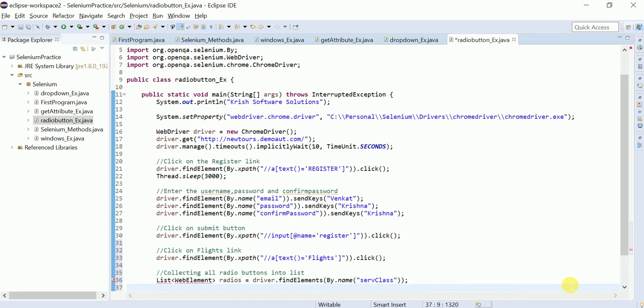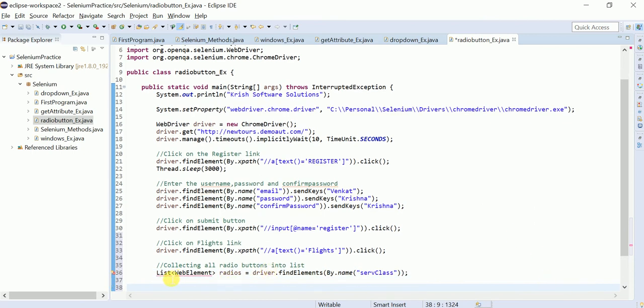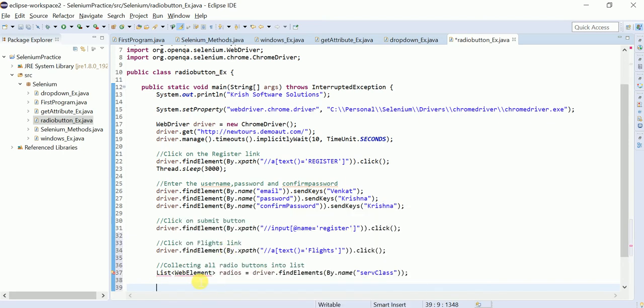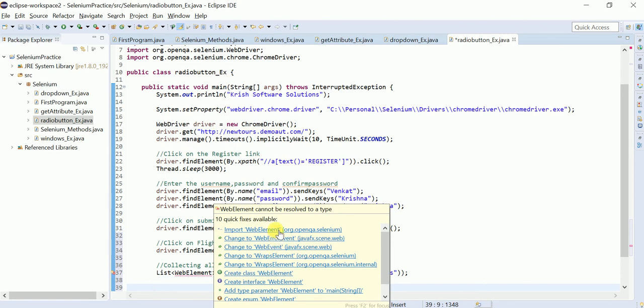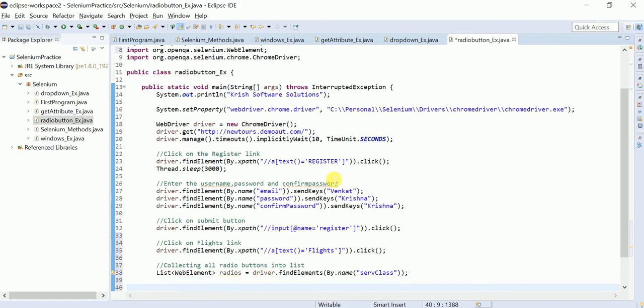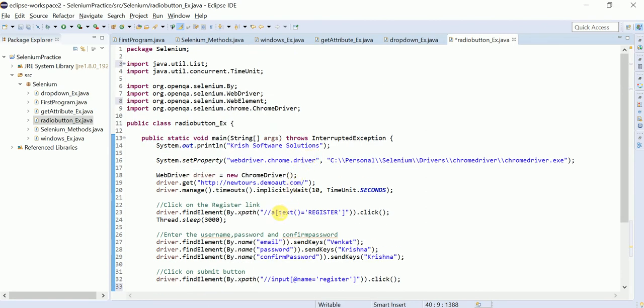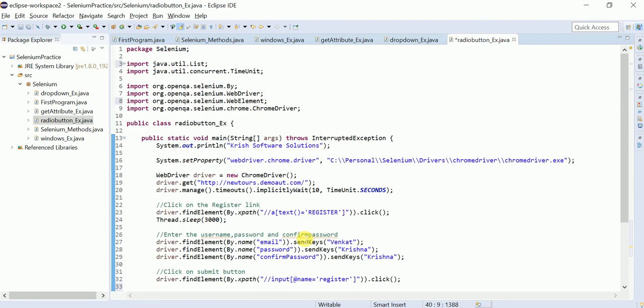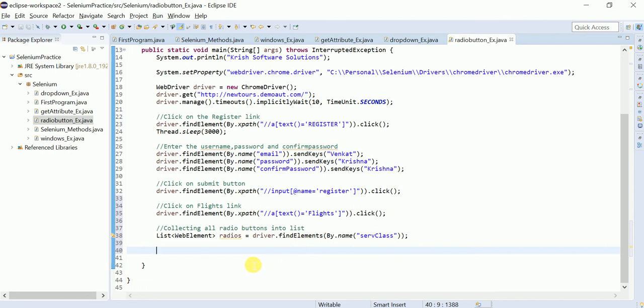Okay, we need to import list, java.util, and the Selenium web element. Now I am getting all the 3 items into here.